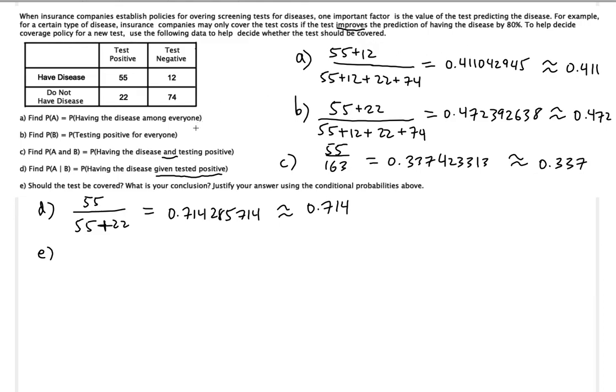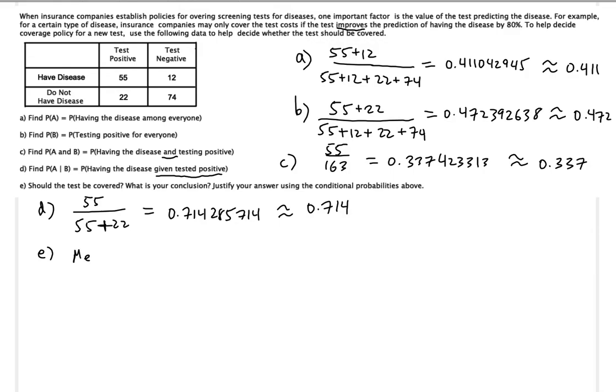So basically what you're going to compare is the conditional probability here, the probability of having the disease given tested positive, versus the general probability of having the disease. So we have to make sure this probability is at least an 80% improvement over the old one. How do you do this? How do you do this correctly? Well,